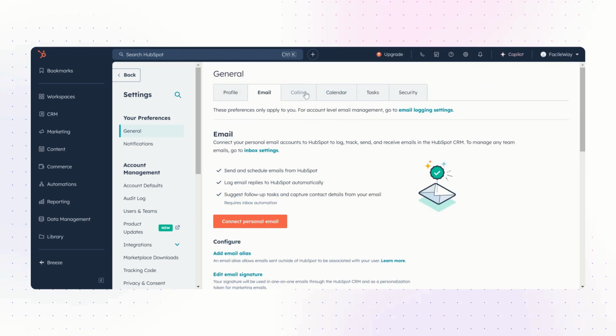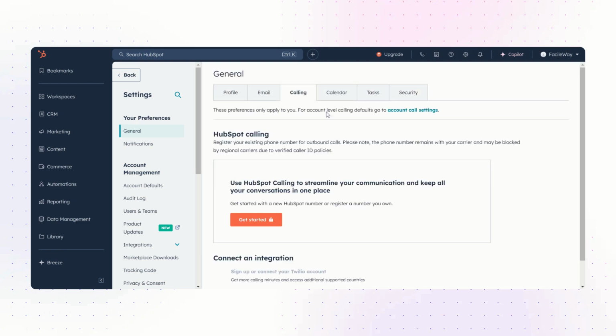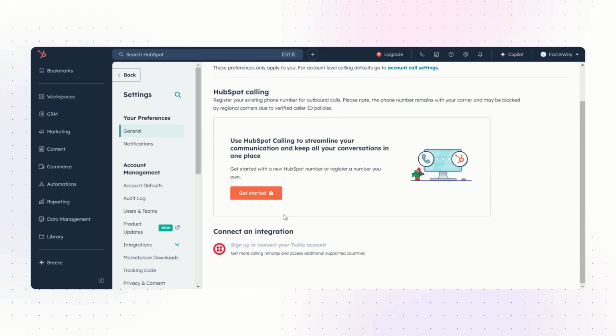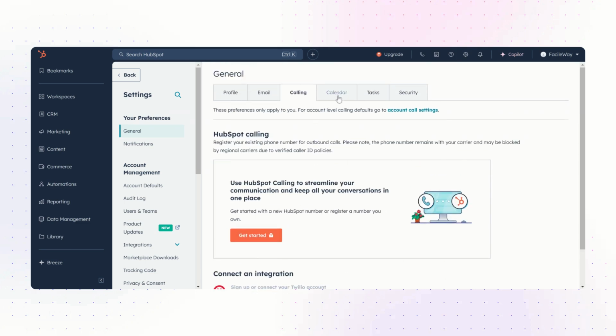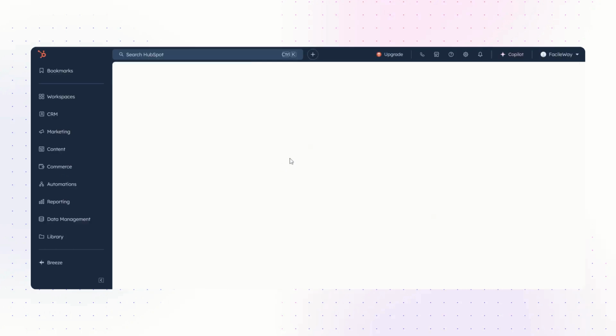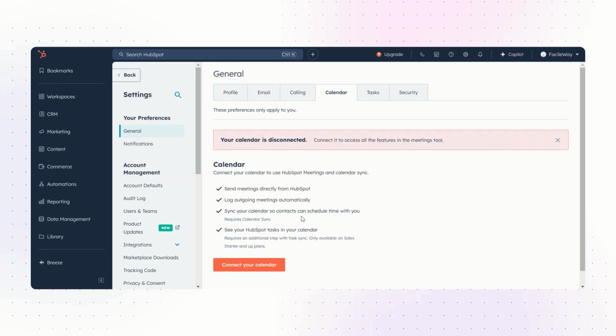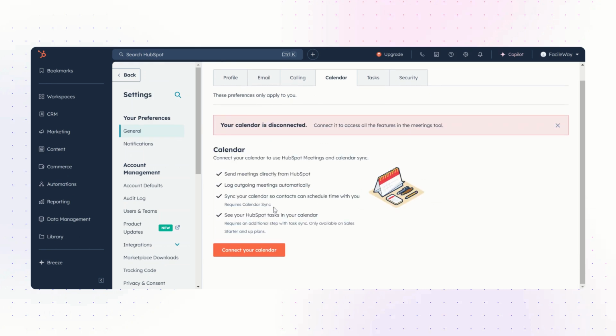Next you can see here the calling. This is available only for the paid plan, and you can see it here. Then the calendar, you can add your calendar from Google also. Okay, fine.